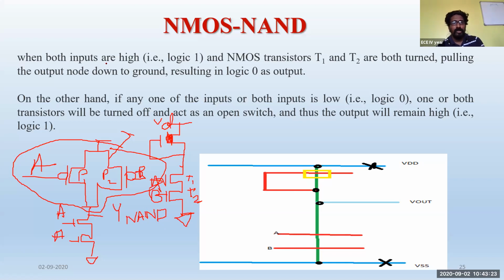Whenever both the inputs are high, what happens? Both the transistors will turn on. T1 and T2 will be turned on. Whenever the logic we supply here, input A and input B, is 1, both the transistors will be turned on. Now, if both the transistors are turned on, whatever the output is stored here,